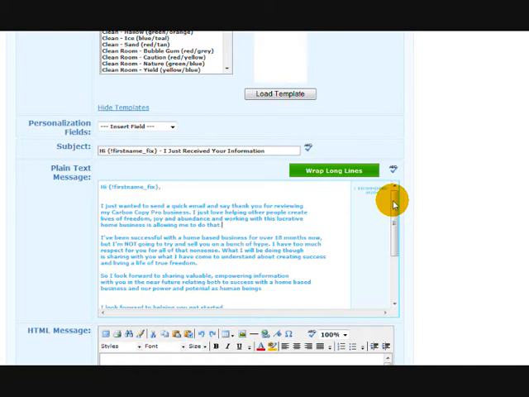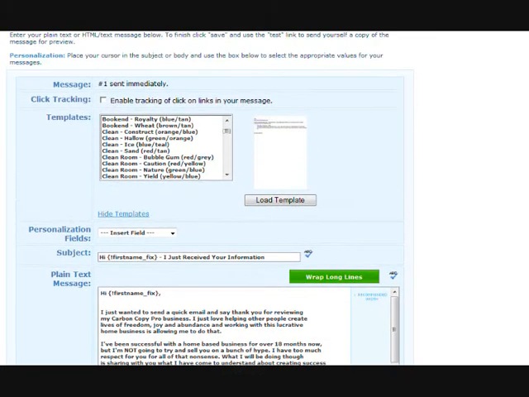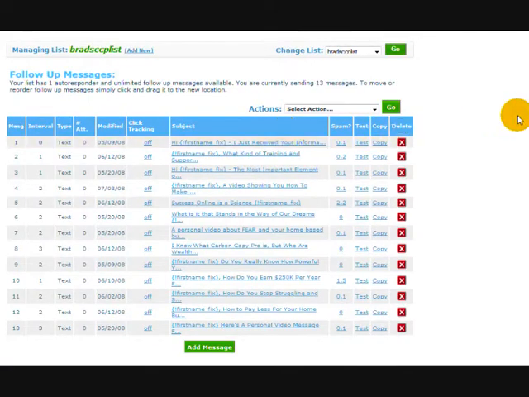Okay, because it's fairly well known that it takes 7 interactions before someone really takes notice of you and begins to trust you. So what I recommend you do is spend 20 minutes, half an hour each day, 5 days a week for the next month, or whatever your time will allow. But what we want to be doing is trying to add at least 1 email every day to the autoresponder,